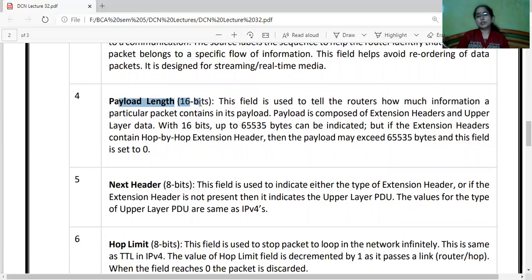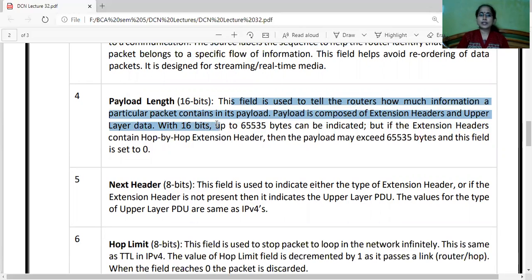फिर payload length, total length field होती थी अगर आपको याद हो उसकी ही तरह. This field is used to tell the router how much information the packet contains in its payload. Payload is composed of extension header and upper layer data with its 16 bits up to 65,535 bytes. This can be indicated, but if extension headers contain hop by hop extension header, then the payload may exceed 65,535